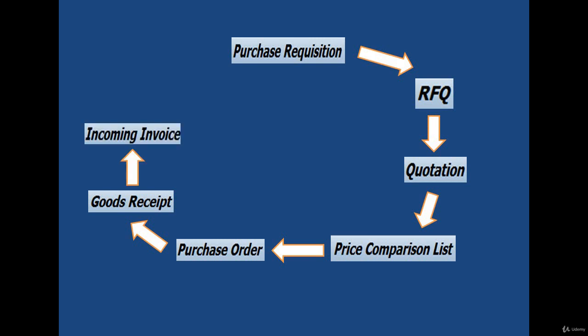Incoming invoice. Here the vendor sends the invoice asking for payment for his supply to the company. So the team cross checks or verifies the vendor invoice in comparison with the purchase order. So this element is called incoming invoice, followed by